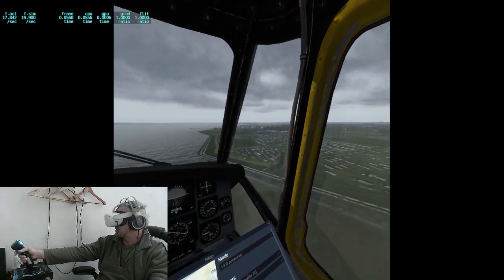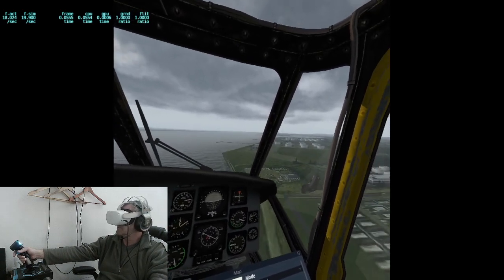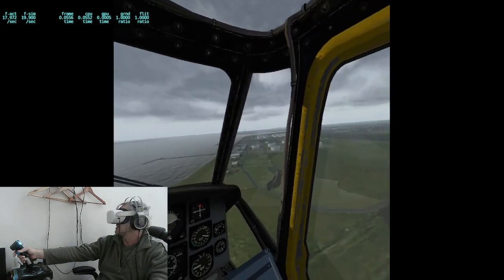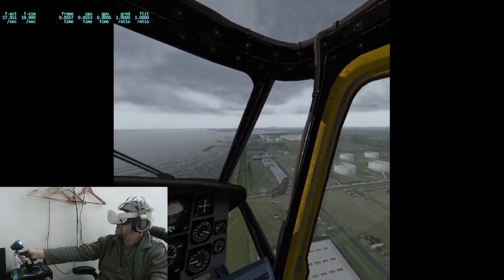More caravan parks. I'm amazed at how many caravan parks there are. Just south of Grimsby there were so many caravan parks. It was like an entire city. Coming down the east coast before we got to the Wash, I thought, wow,